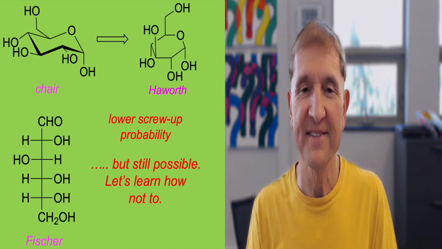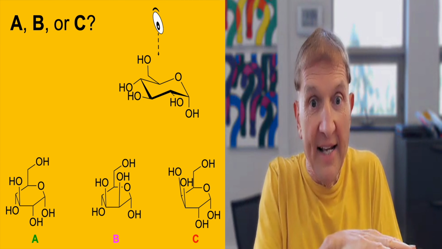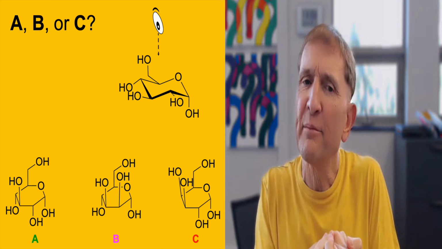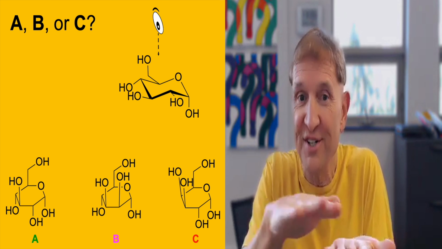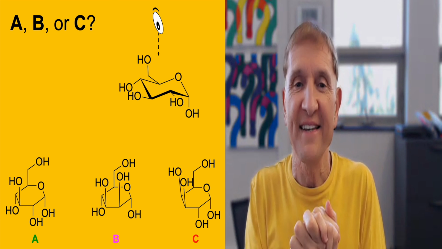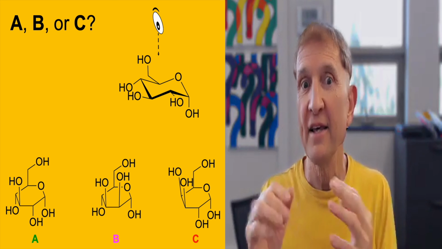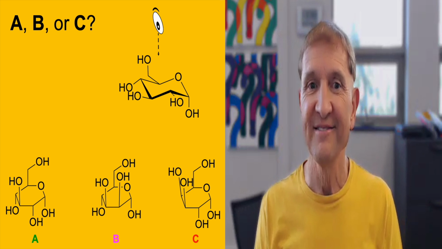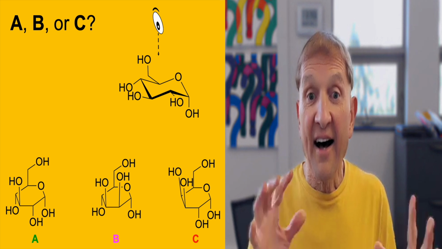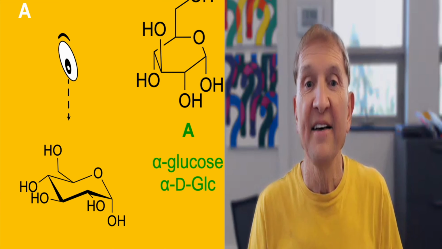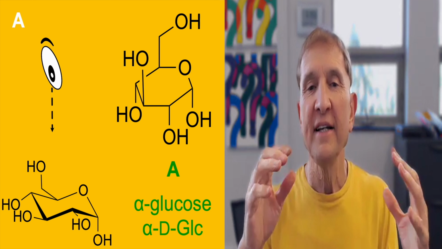Let's try this. If you look from the top of the ring here and imagine it's flat, a flat pyranose, doesn't exist that way, but imagine it's flat, then what do we see? Well, what do you see? Do you see A, B, or C? I see A. That's the Haworth projection of alpha D